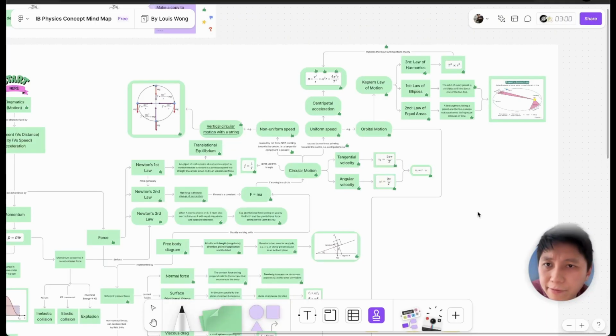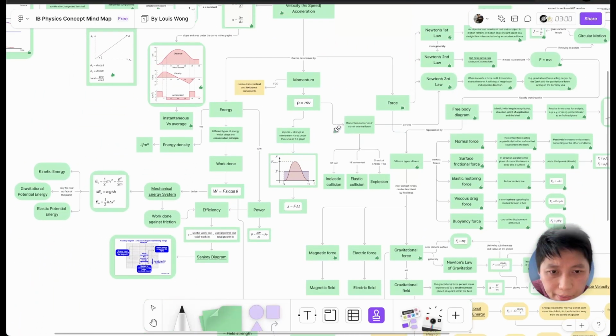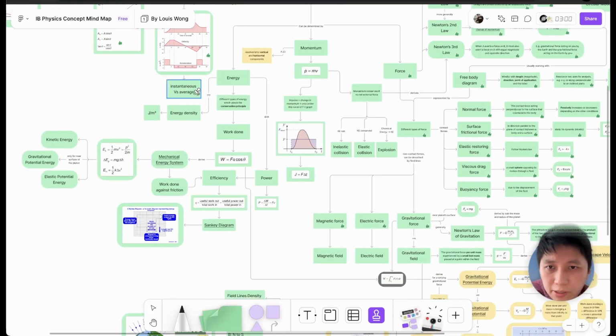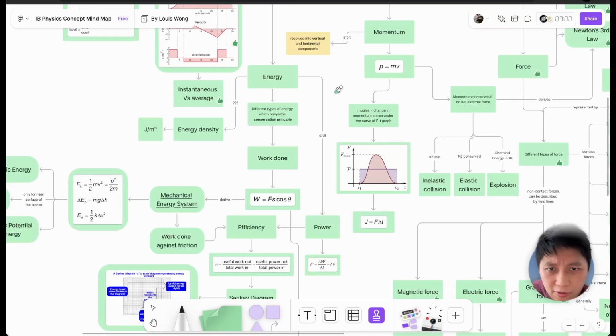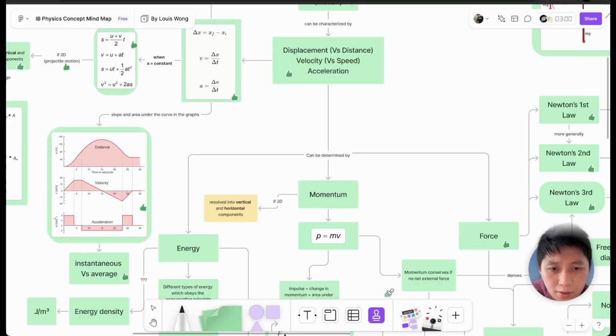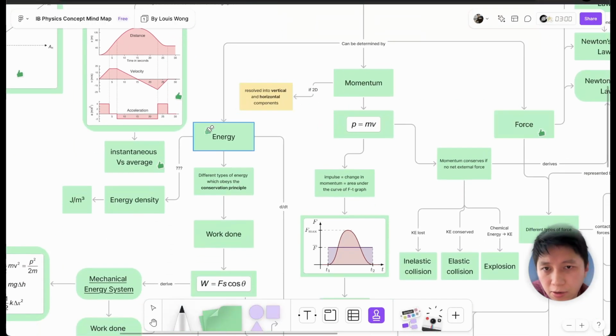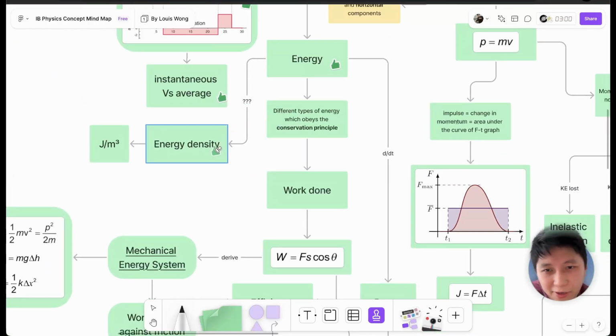All right, now we have finished the circular motion, and let's go back a bit. We would want to go for gravitation, but for the sake of the usual way that you studied, I would like to go for energy first. So coming back to the way that we can determine motion, other than force, we can also go for energy. Here I put a question mark because I just find it a bit strange to put in the curriculum, but that's why I have this mind map, I guess, which is called the energy